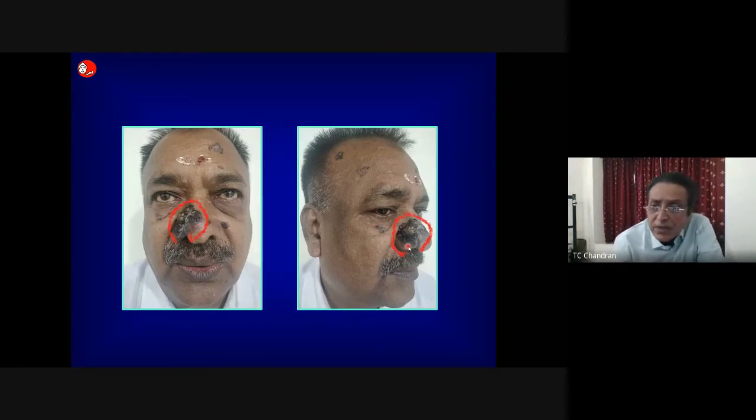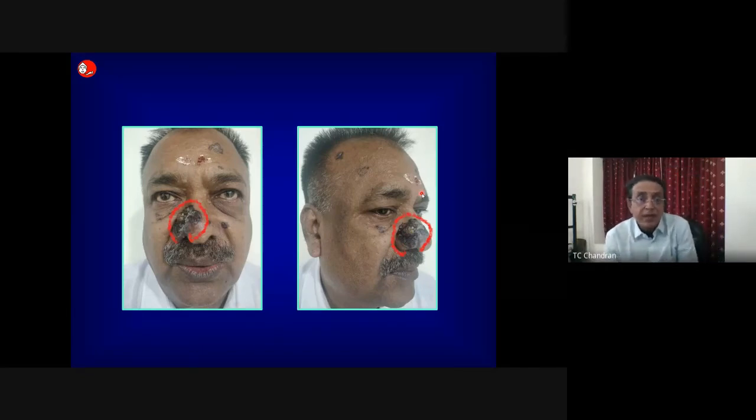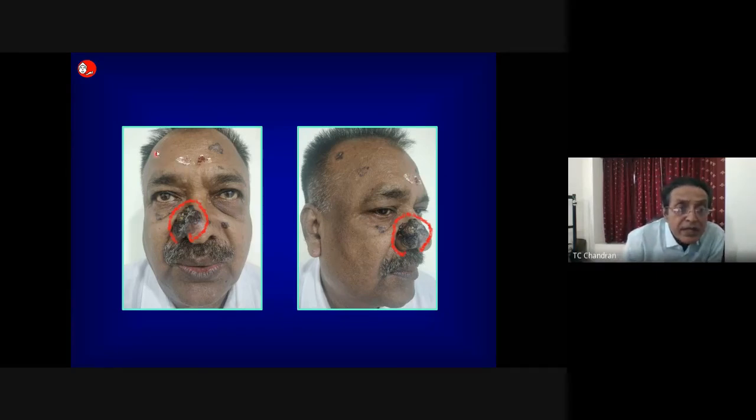Now, that is quite easy and a two-stage procedure. The other options are the scalping flap. Again, the scalping flap, now that is the business area that can be easily brought down with a scalping flap. You can also fashion the scalping flap. You can also use it for part of the lining.